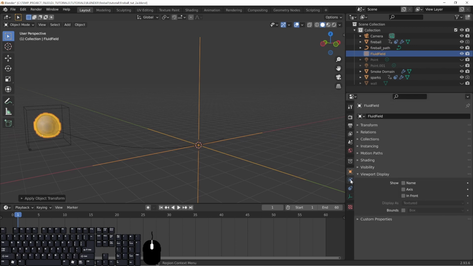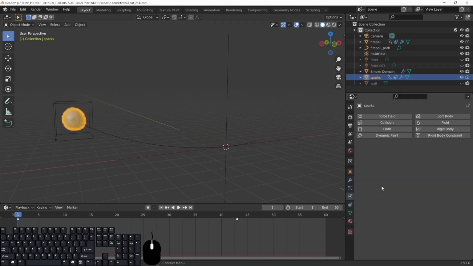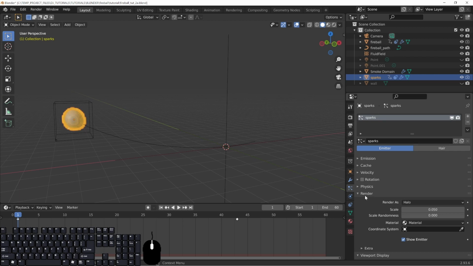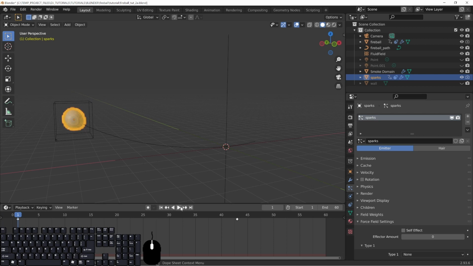And what we'll do is go right here to the physics properties, and choose the domain object right here. So if you go into settings, you can change the domain object to the smoke domain. We're not going to play with anything else here because I want to show you what happens once we have this set. If we go back to our sparks here, actually, not the fireball, and we go to the emitter particle settings, and we press play,